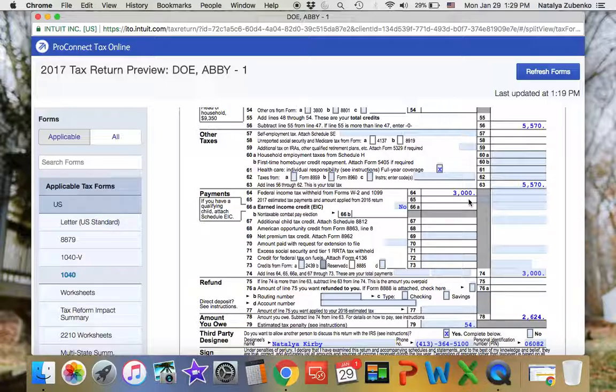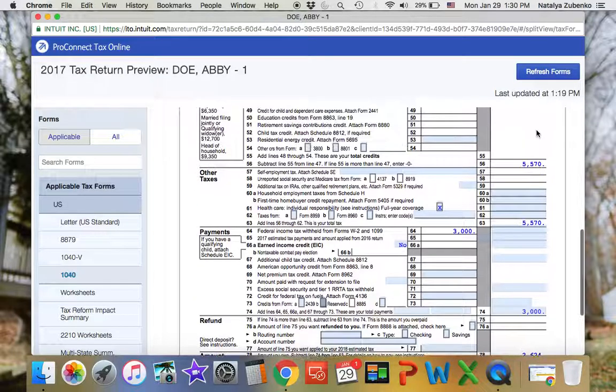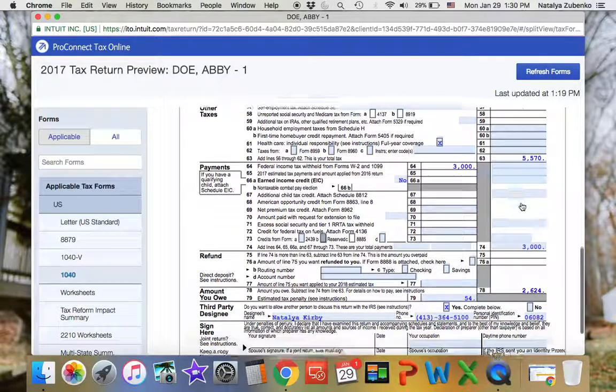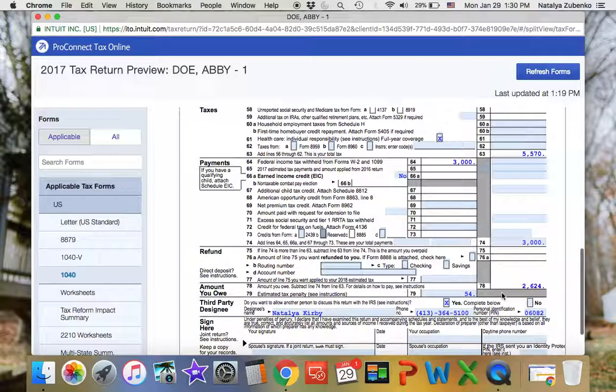You had $3,000 withheld, but your tax is $5,570. For that reason, you owe $2,624. You need to adjust your withholding at your job so that you have enough covered. For whatever reason, it's too low. Most people, if you claim 0, you're fine. If you claim 1, you're typically fine. It's when you start messing with that W-4 and trying to adjust it too high that you end up in these type of scenarios. So not only do you owe $2,624, which is the difference of $3,000 and the $5,570 that you owe in total tax,